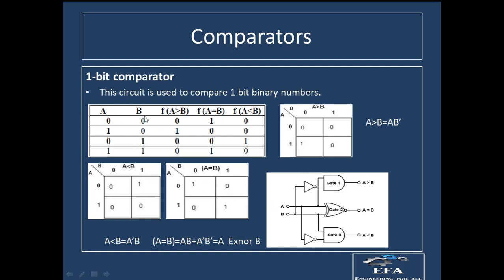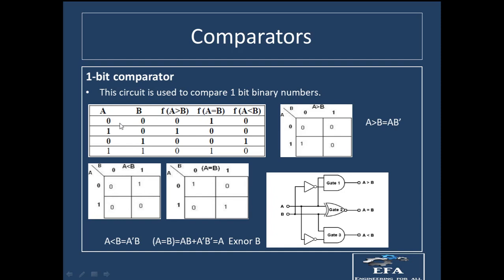Okay, so when we have to compare them, let us make a table like this. In this table you can see that on this side we are having the inputs A and B, and they will have four combinations: either 00 or 01 or 10 or 11. After that you can see that we have three outputs: either A is greater than B, or A is equal to B, or A is less than B. So we just need to see the value of A in comparison to B, according to these three conditions.